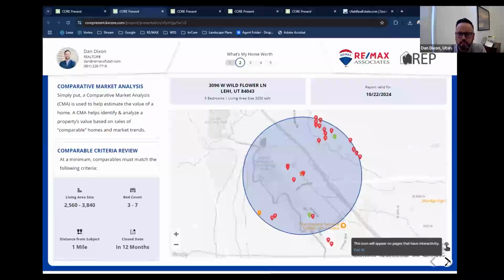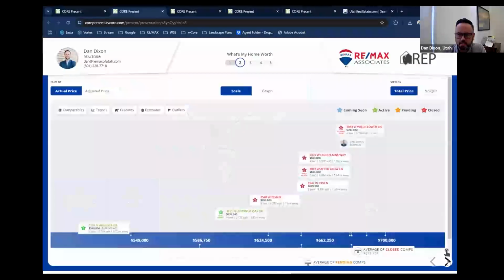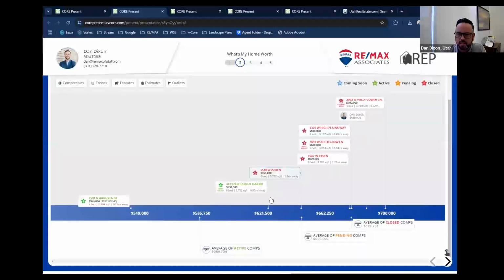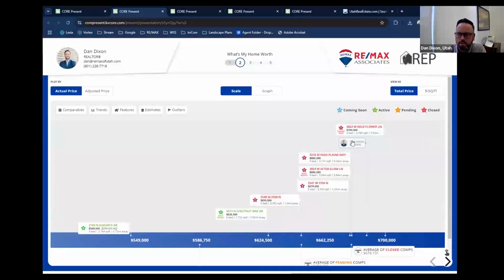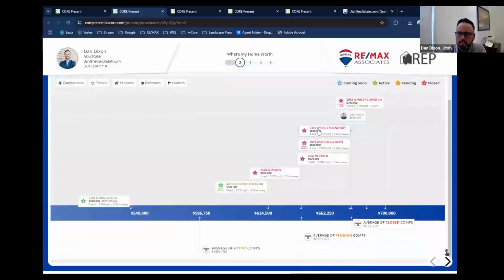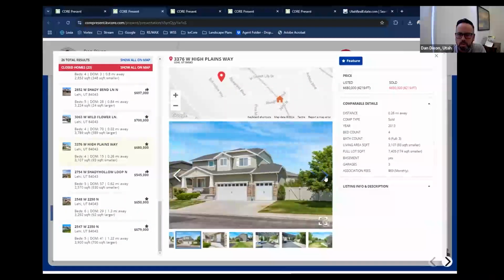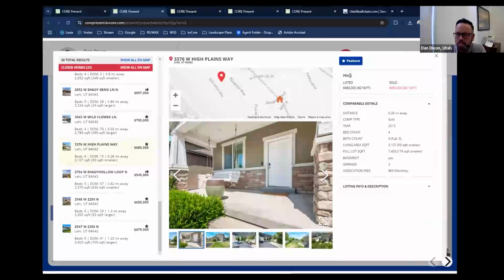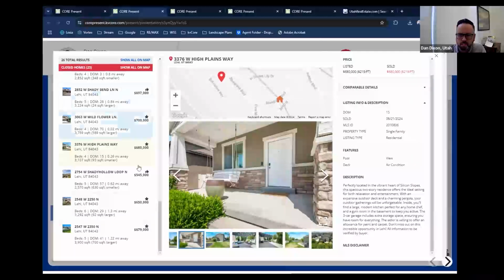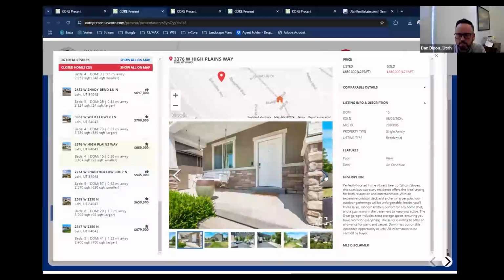Yeah, so this is what your client sees. This is the presentation. When they get to this part, they can click on all of these things here, right? And so they can see that you think it's worth that. They can say, well, I remember this is my neighbor's house, and they can see the photos on it. They can look at some of the details, price per foot, listed, sold, how far it is, all that stuff, the listing descriptions. This is exactly what they see.